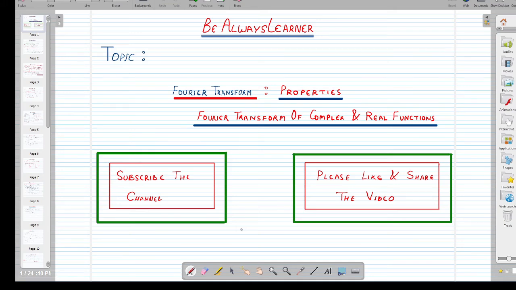वेलकम टू आवर चैनल बी ऑलवेज लर्नर। वीडियो में हम फोरियर ट्रांसफॉर्म निकालना सीखेंगे कॉम्प्लेक्स और रियल फंक्शंस का, जिससे